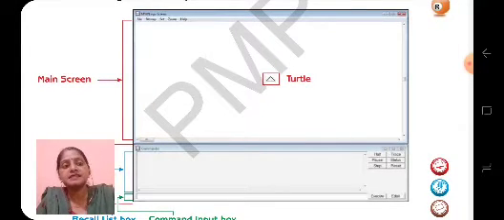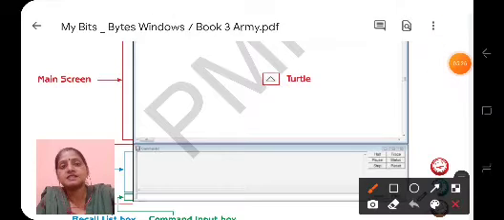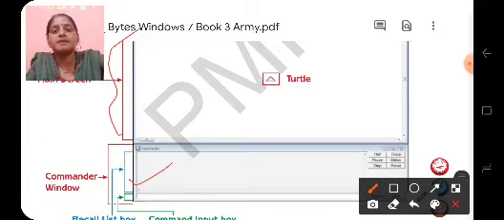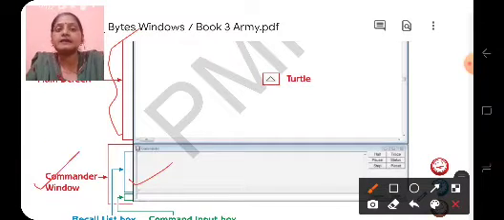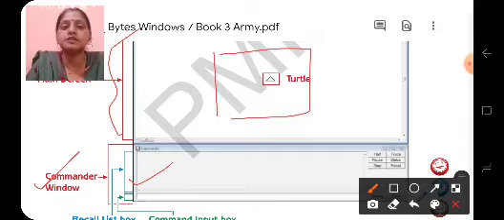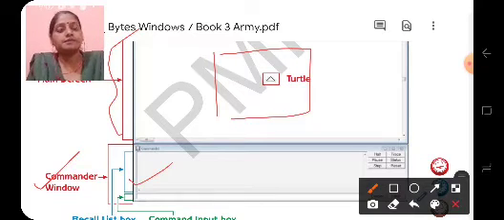This is called the main screen, and it is used to draw the figure. We use this screen to draw the figure, meaning whatever command we give from the commander window, after giving the command we get the figure of a drawing here on the main screen. Now children,